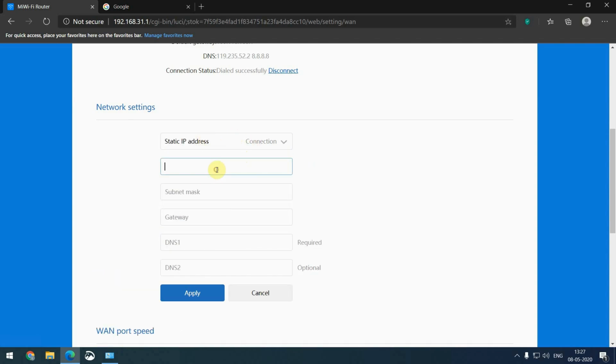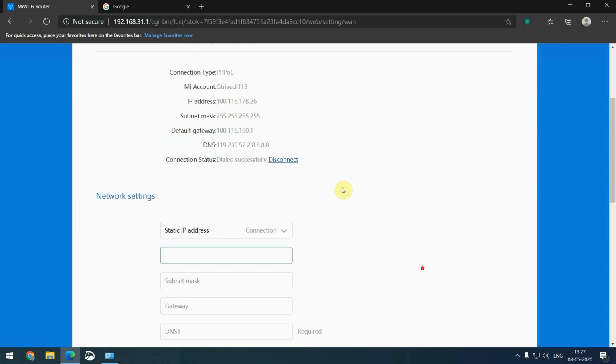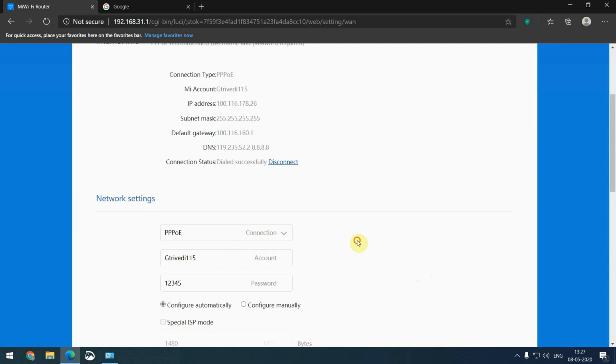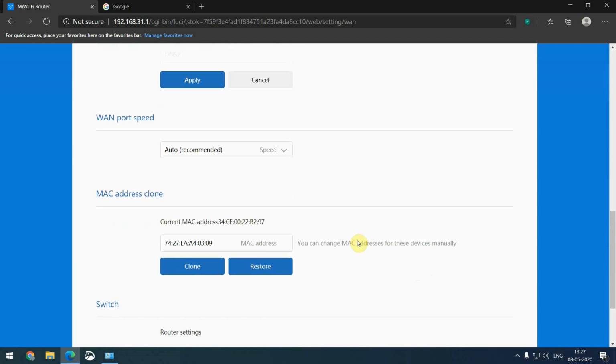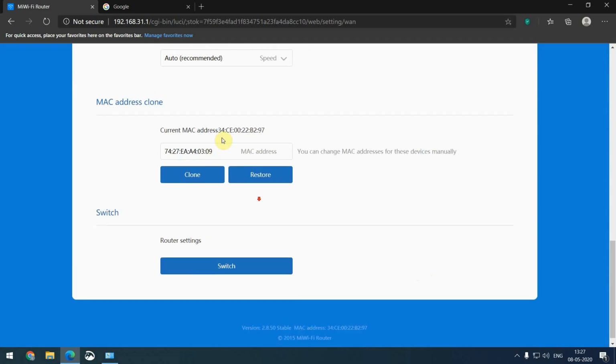Or if you have a static IP connection, you can select this static IP address mode and enter the IP address, subnet mask, gateway details provided by your ISP, and after you click on apply, the router will establish an internet connection. Okay, so as I have a PPPoE connection, I will leave it as it is.